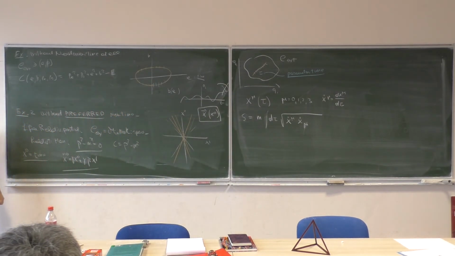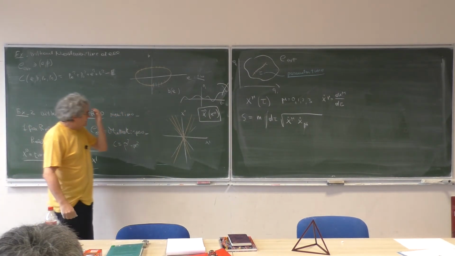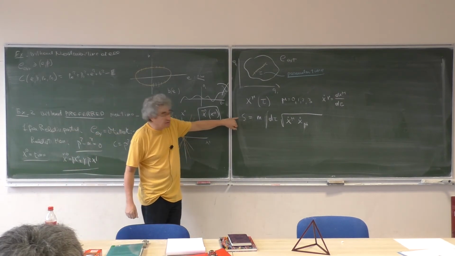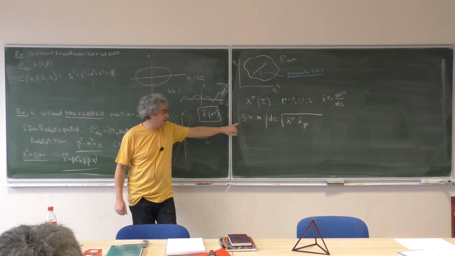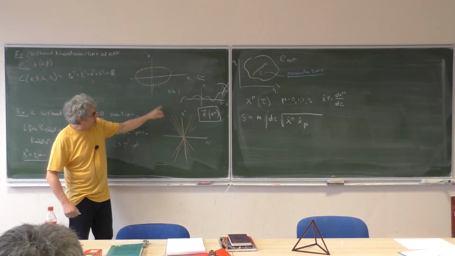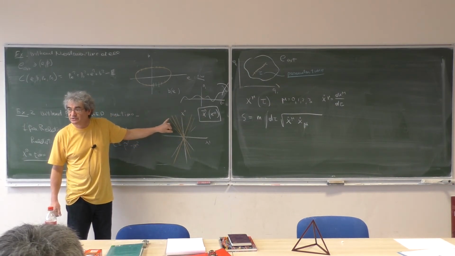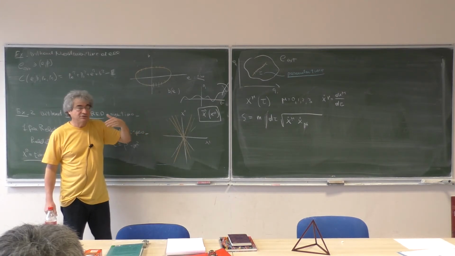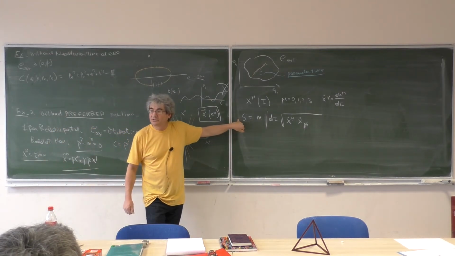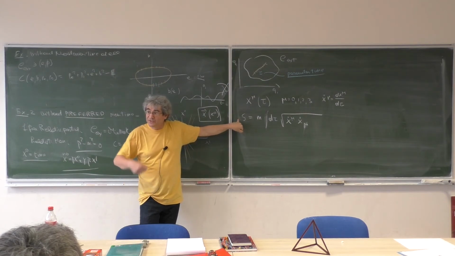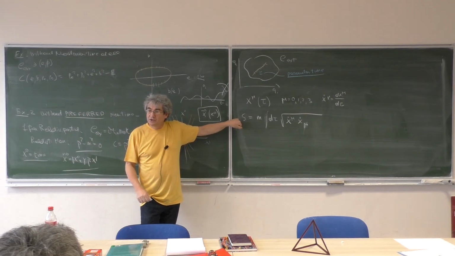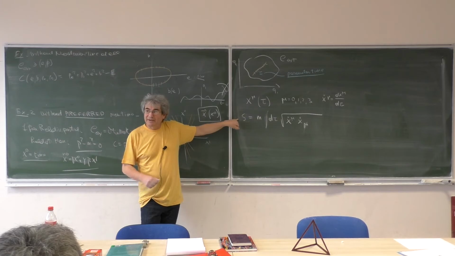And you know that if you write the Euler-Lagrange equation for this action, you get exactly this trajectory, parameterized how? In any arbitrary parameterization. In fact, the Euler-Lagrange equations of this action don't fix the parameterization. This action is minimized by any